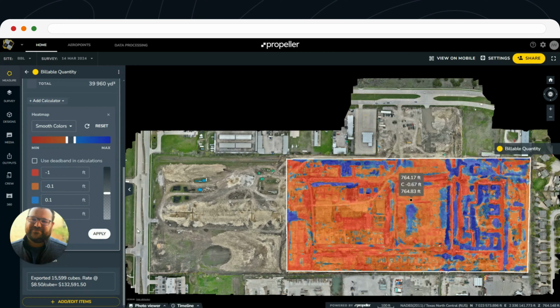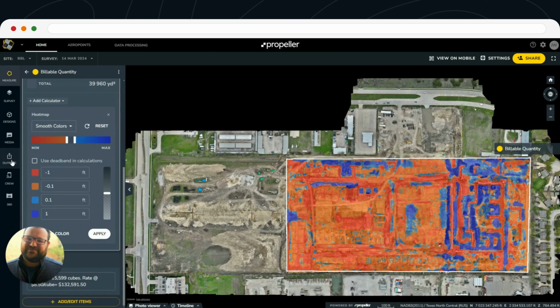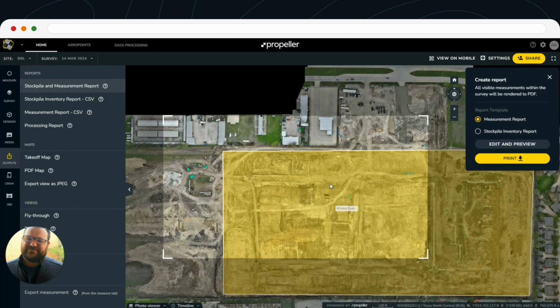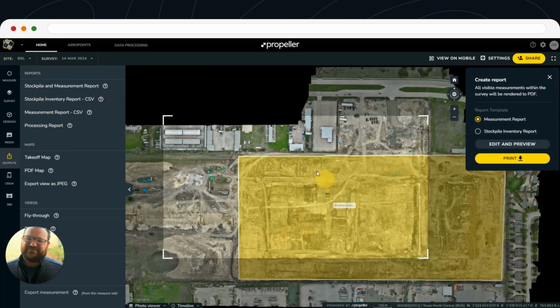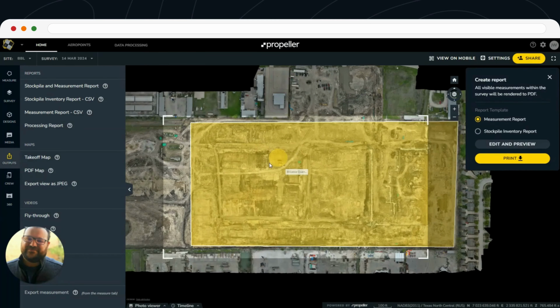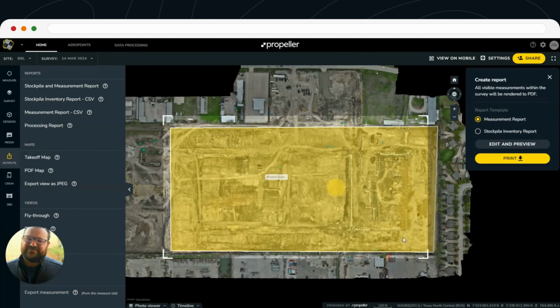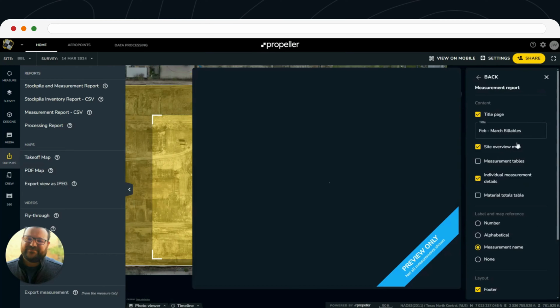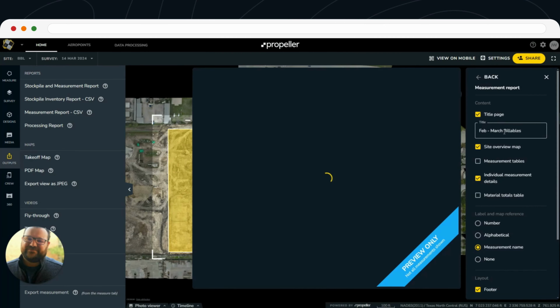Once you've got your calculation finalized, you go to the Outputs tab, generate a stockpile and measurement report, and you can customize this as necessary. We can set the specific location, so we don't have to do the entire project area, just wherever that billable adjustment is. You can adjust the window here, make that size of that calculation, and then we can go to the Edit and Preview screen, and you can change the name to February, March billables,